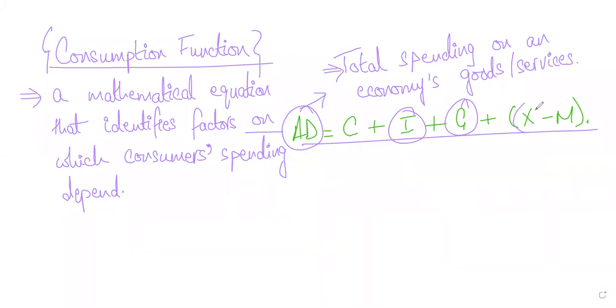Exports किन किन चीजों पे डिपेंड कर रहा होता है? Students, exports of an economy are dependent on things like how good is the quality of the products that are produced in your country, what is the exchange rate. जब एक्सचेंज रेट वीक होता है, एएस में हमने क्या पढ़ा, जब आपका एक्सचेंज रेट वीक होता है, भी हम पढ़ेंगे अगर आप एएस साथ ले लें, बट अदरवाइज इफ यू हैव कंप्लीटेड एएस यू वुड नो दैट when your exchange rates are weaker, that increases the demand for your exports, right? Because your products are relatively cheaper compared to your competitors' products, and similarly so on and so forth.